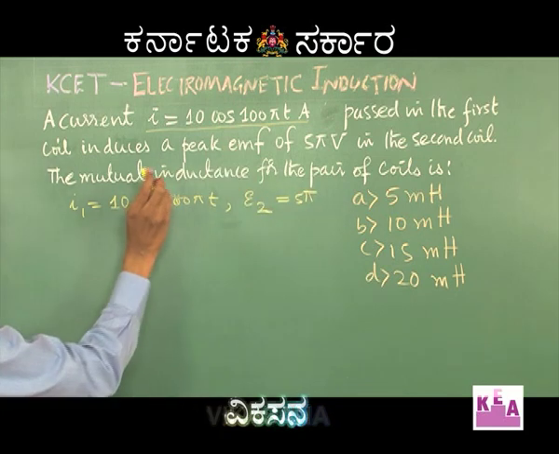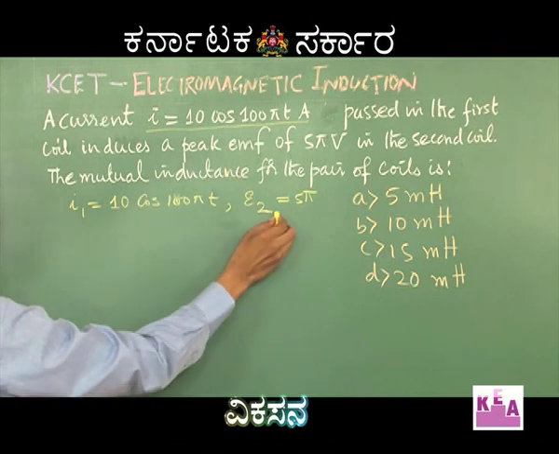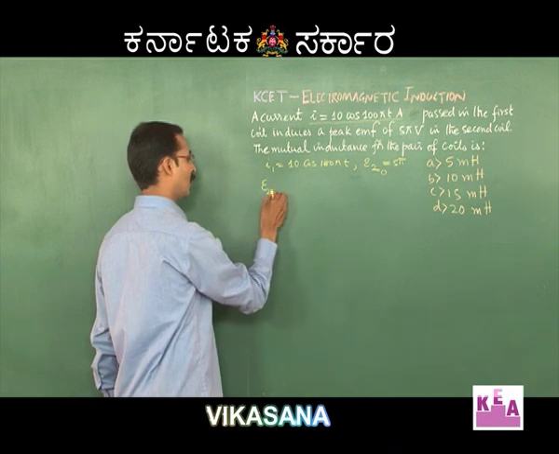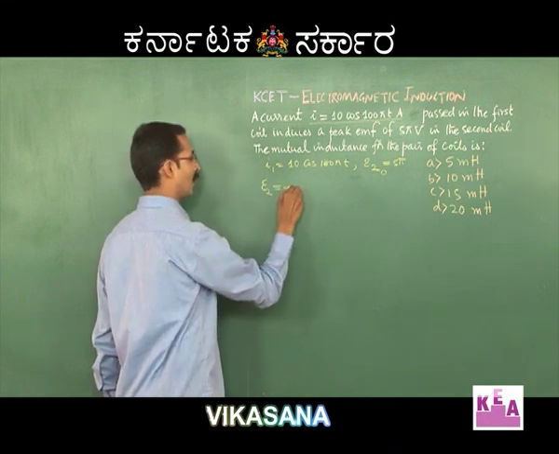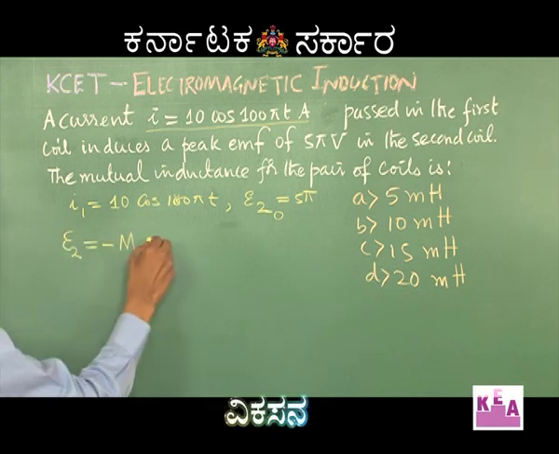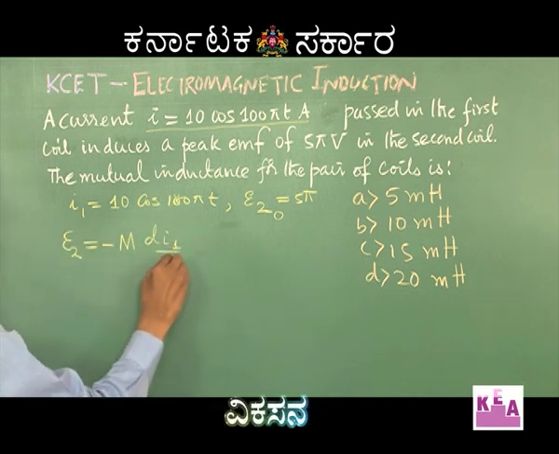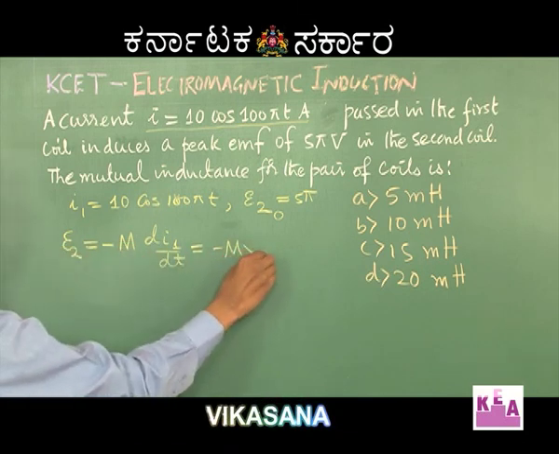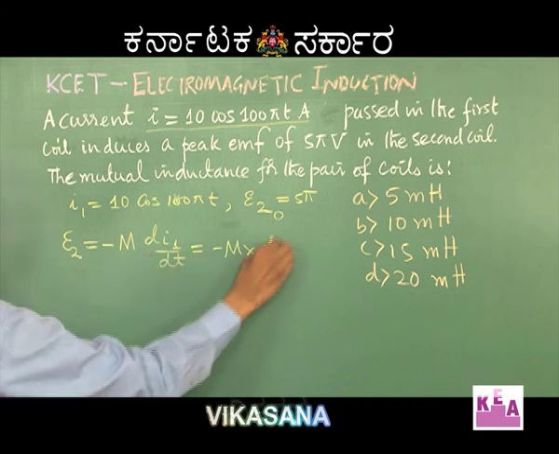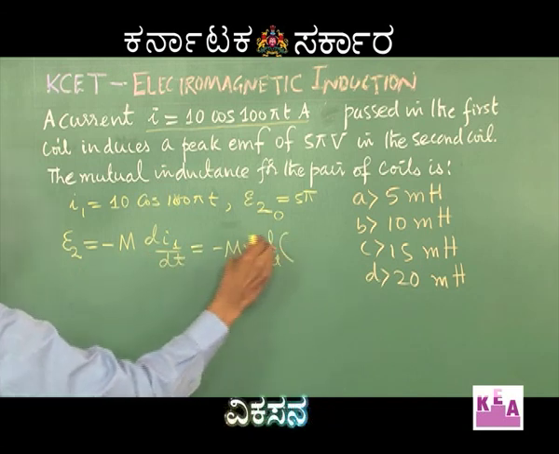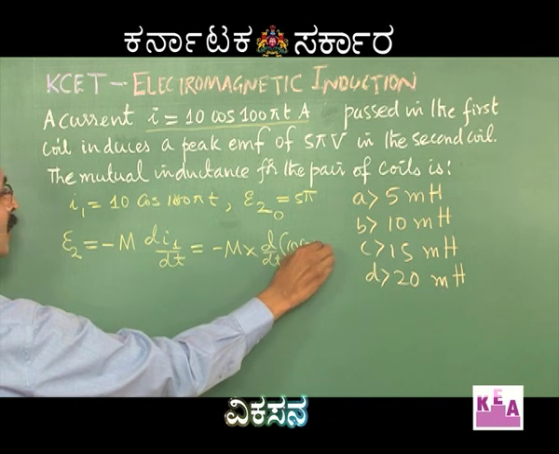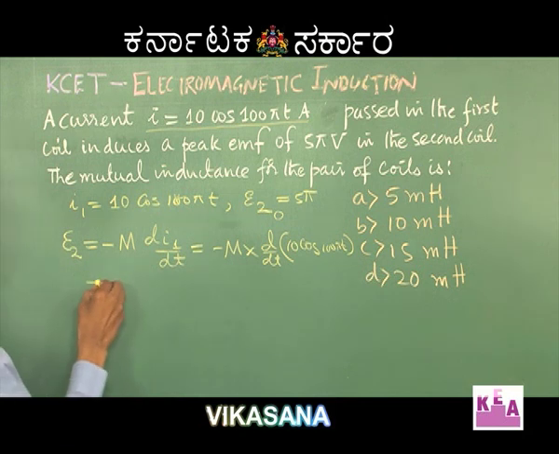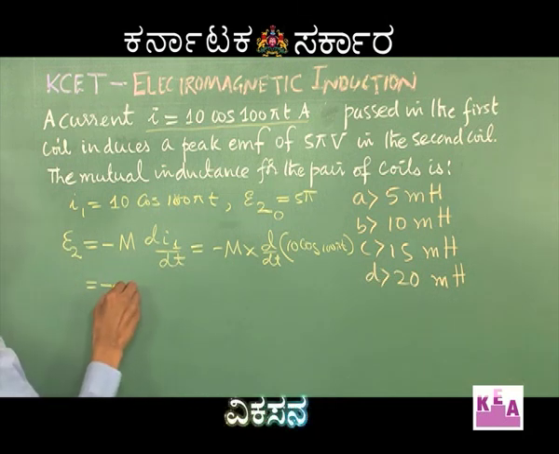But this is not the instantaneous induced EMF, it is the peak EMF. Therefore, I write E2 naught here. That's 5 pi volt. By principle of mutual induction, E2, the EMF across the secondary coil, is equal to minus M, M is the coefficient of mutual inductance, into rate of change of current through the first coil, which is equal to minus M into di by dt. That's d by dt of 10 cos 100 pi t, which is equal to minus M into